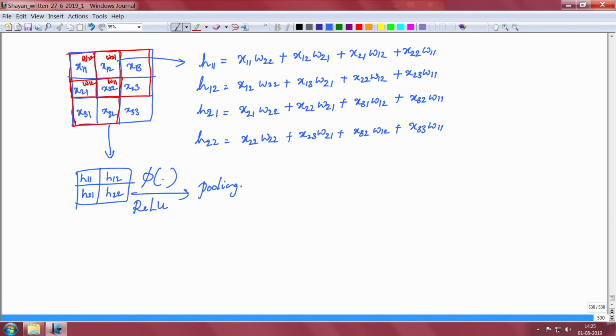Now, this forms one block in the convolutional neural network, and this block will be repeated many times depending on the application or depending on the computational resources available. Therefore, what we are doing here is we will consider only one block and will derive the update rules for the filter or the kernel or the mask.